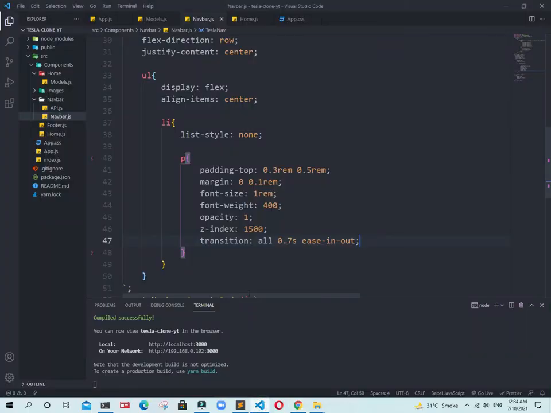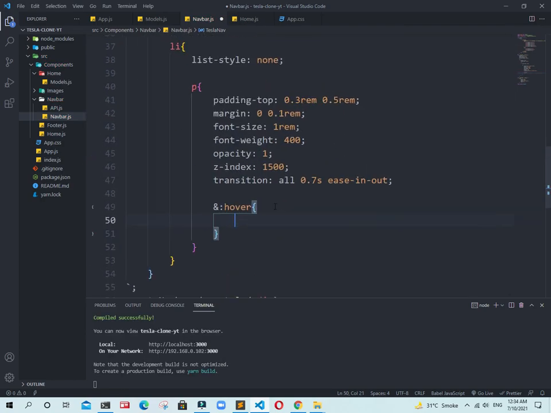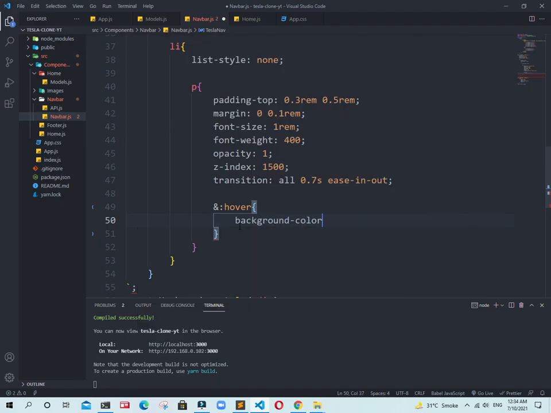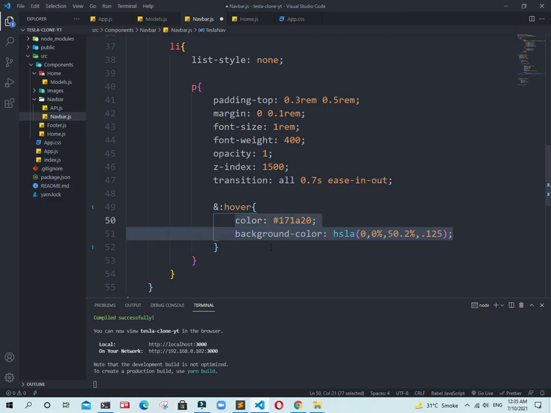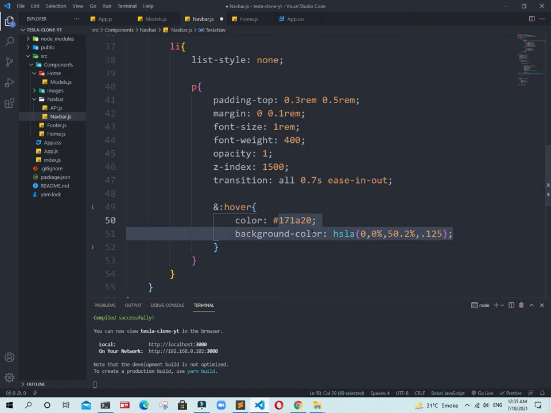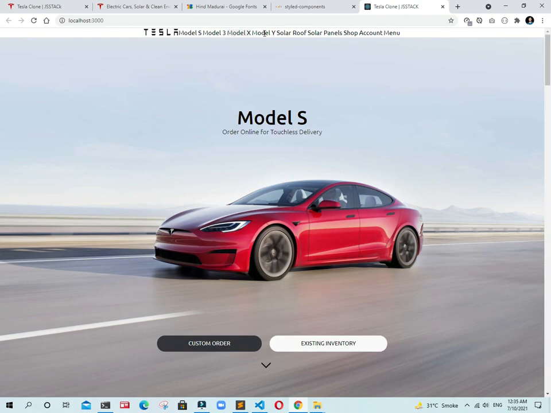Now we need to add a hovering effect there. Now we are using Sass as CSS. Inside the p tag, we need to hover. We need to use background-color, just background-color in HSL. Guys, I just add the background color and color to this one. It is hsla(0, 0%, 52%) and it's very cool. When I go back there and hover over this one, it's really cool.